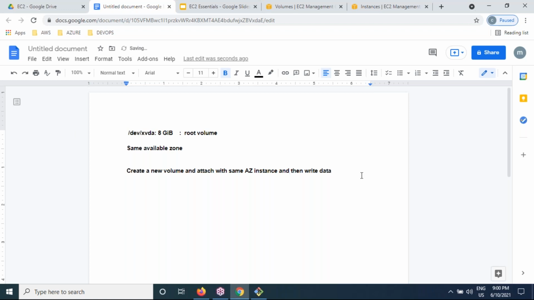So I want to explain this. What is the first step? Create a server. Server one we created with the root volume. We did it.